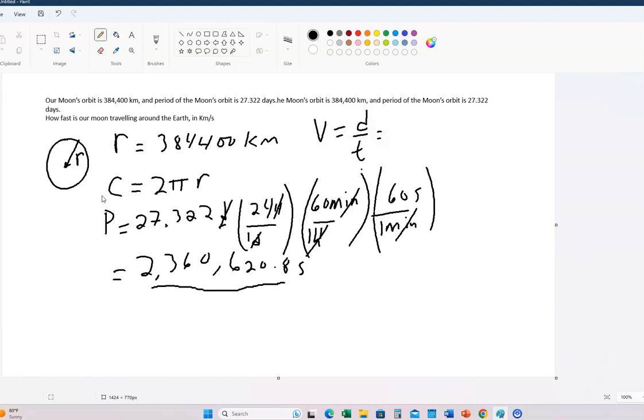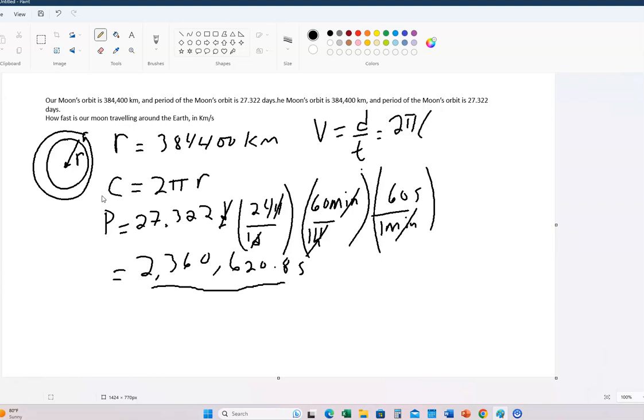In our case, this is the moon going all the way around our world in a more or less circular orbit. It's not exactly circular, but we always approximate it to be circular. Only the ones that are very elliptical are things like comets. The planets travel almost in a circle. Anyhow, so this is going to be 2 pi